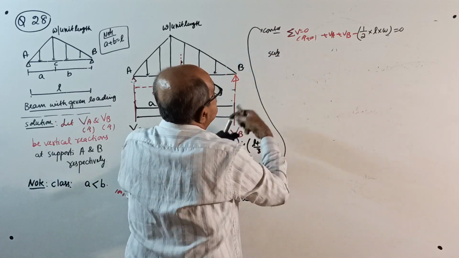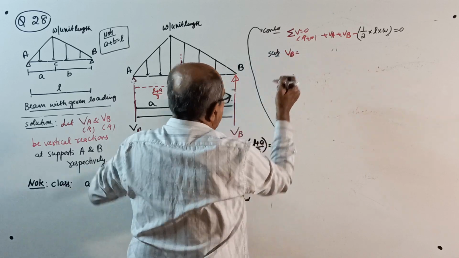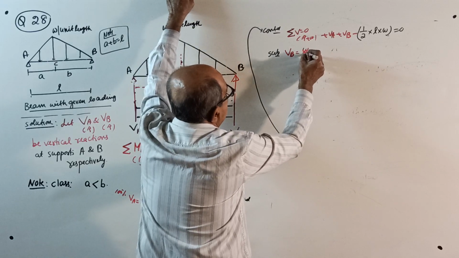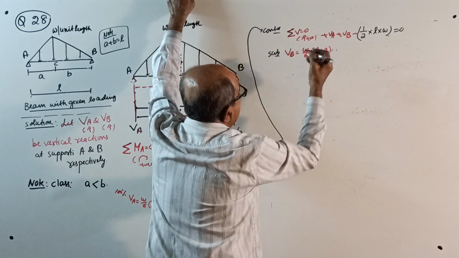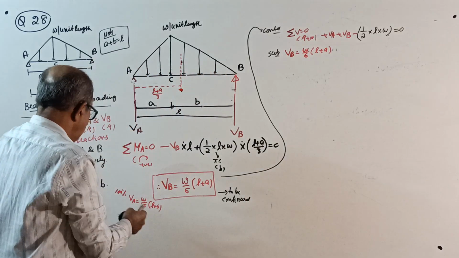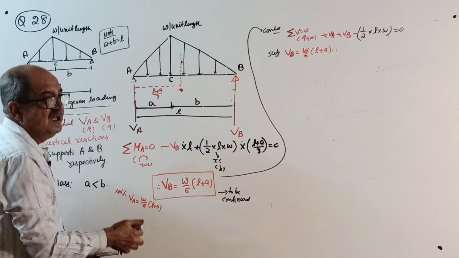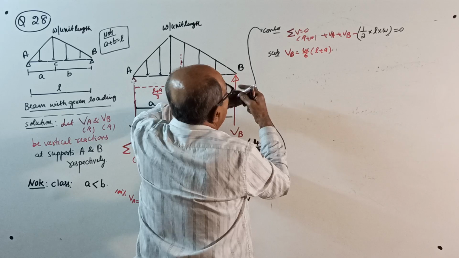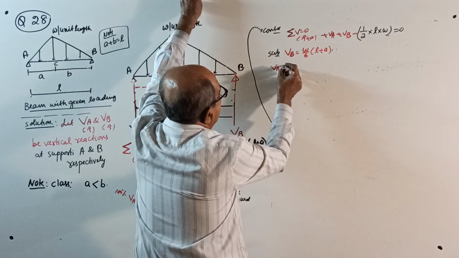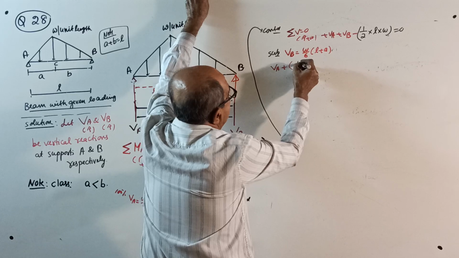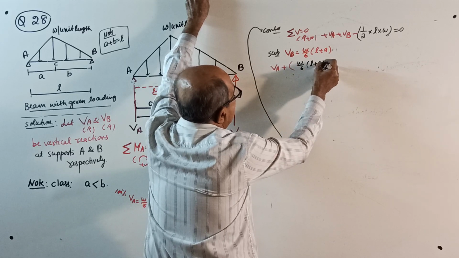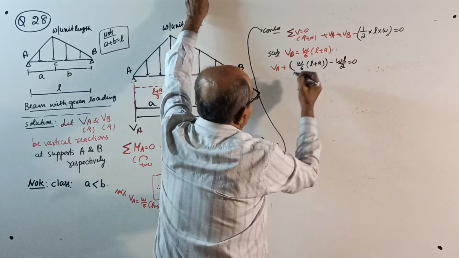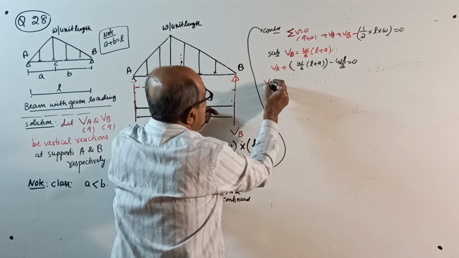Now, substituting, which one? VB equal to how much? W by 6 into L plus A. See what happens. I have to get VA, W by 6 into L plus B. I told you I will get it now. Okay, start. VA plus VB, W by 6 into L plus A, close the bracket, minus WL by 2 equal to 0, or your VA